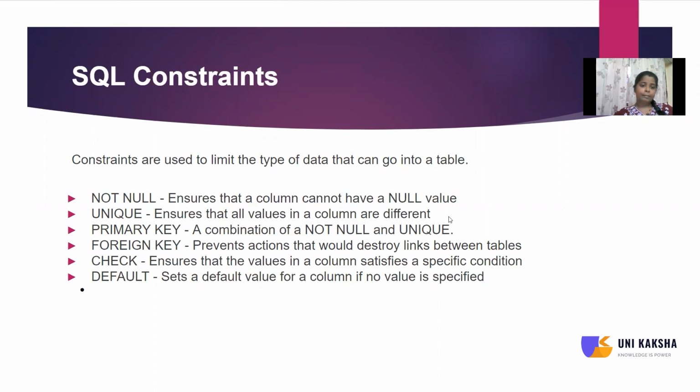So what is a primary key? Primary key is nothing but a combination of not null and unique. So what is the basic purpose of having a primary key? For example, if you have a table, suppose a product, you will have all the different kinds of products, and in order to identify every product separately, every product will be supported with some ID associated with it, which is nothing but the primary key for that